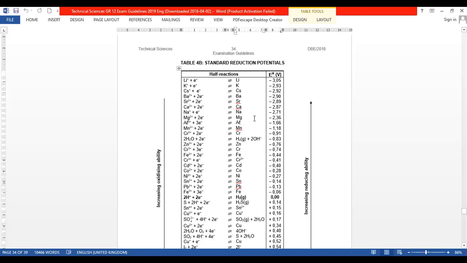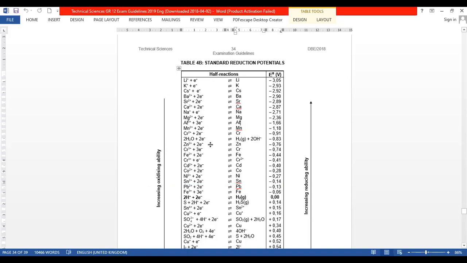A substance that has a lower E0 value doesn't like reduction like the substance with a higher E0 value. To put it simply for you, the lower the E0 value, the less likely it will undergo reduction. The higher the E0 value, the more likely the substance will undergo reduction. So for example, my dear learners,